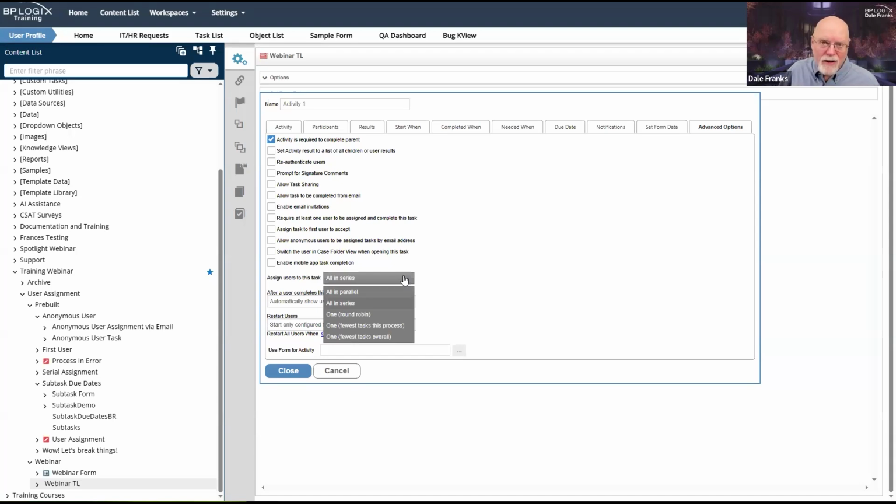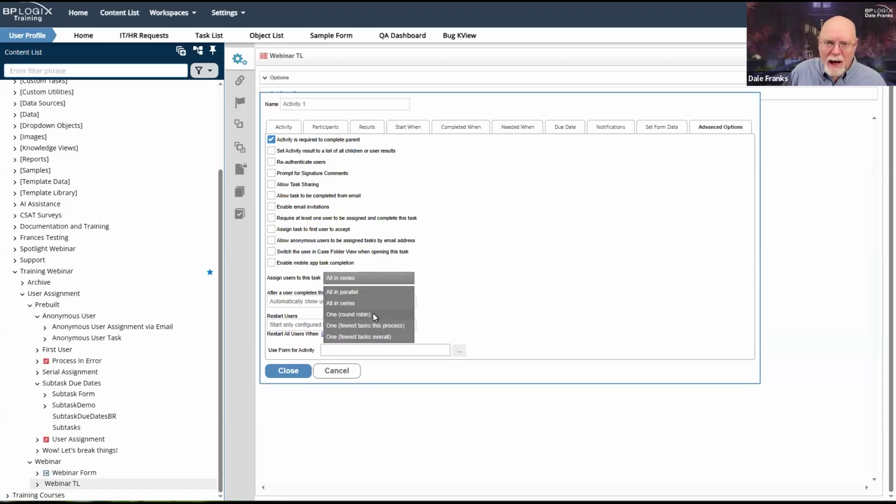So you can assign any task with multiple assignees in a series. It doesn't have to just use subtasks, although that's probably the most common way that you would do it. You have a couple of different options here, though. You've got a round robin. Now, in that case, I'm not going to assign the task to the first user to accept, but what I'm going to do is assign it to 10 different users, and it's just going to circle through all 10 of those users one at a time.